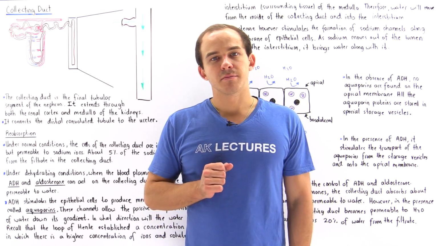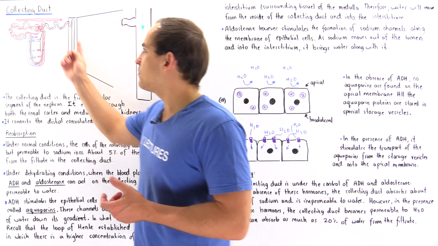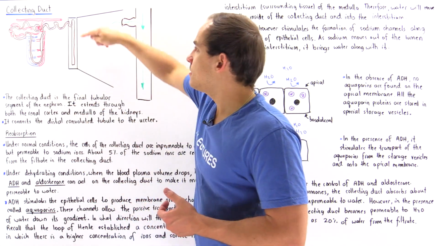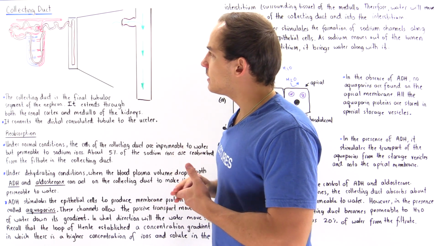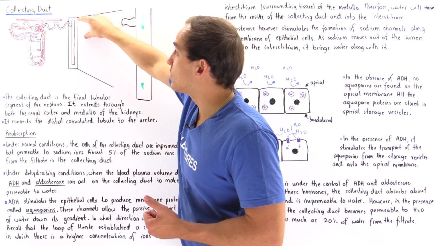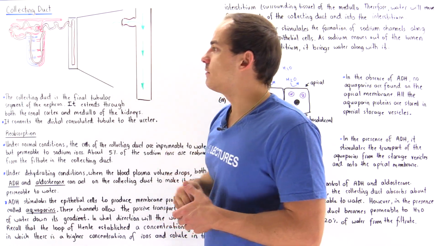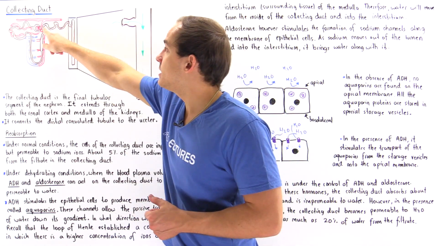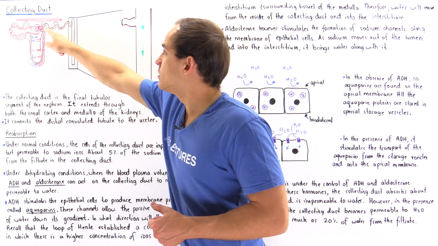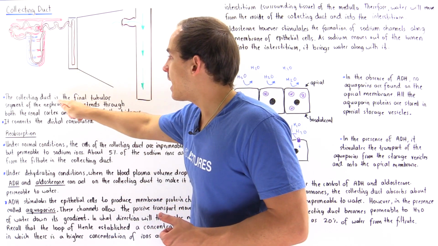The final segment of the nephron is known as the collecting duct. So if this is our nephron, then this is our collecting duct. Now, the collecting duct extends all the way from the cortex of our kidney to the medulla portion of our kidney. And our collecting duct connects the distal convoluted tubule, this section here, to the ureter that basically extends from